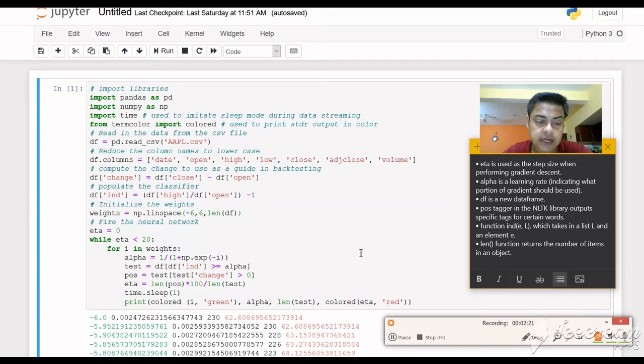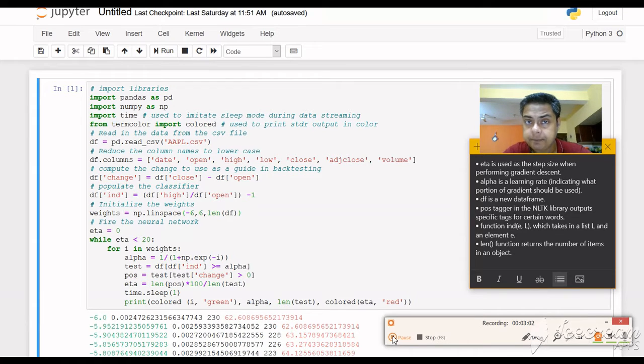Alpha focuses on, if you watch carefully, you can see in our previous videos the threshold function of sigmoid, that is 1 by 1 plus e to the power minus x or minus z. Alpha is very similar to that. Through alpha you can see that the learning rate is being shown, and the optimal learning rate is around 0.5, but if the learning rate is above 0.5 and closer to 1, then it is too fast, and too fast learning means there could be some errors which will continue in the later stage. Fair enough. So let's now see the other parts.